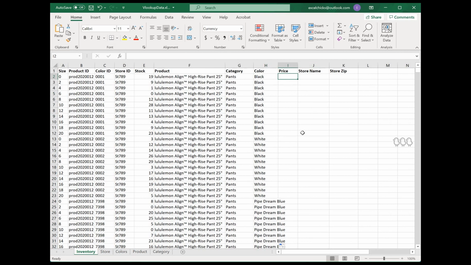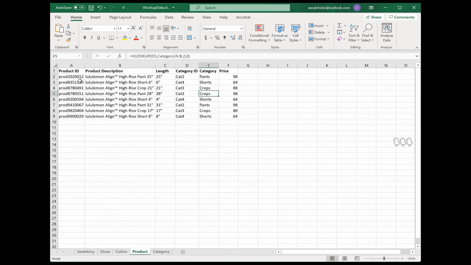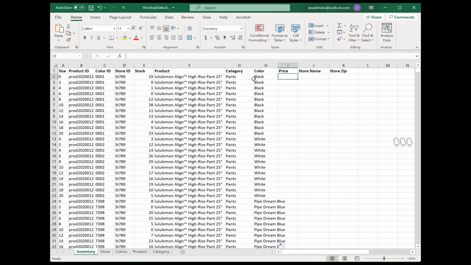So price. If we can refresh our memory, where is price? Well, price is in the product category and it is column number 6. So in order to save time, we could copy another where we use these absolute references. Because remember, we're going to be using product ID to get price.